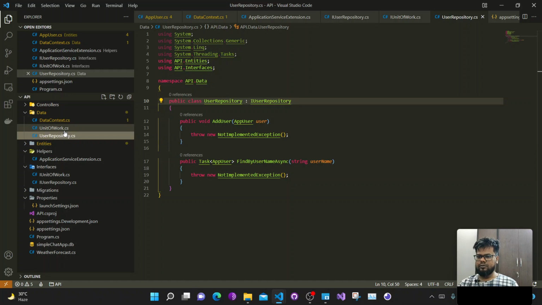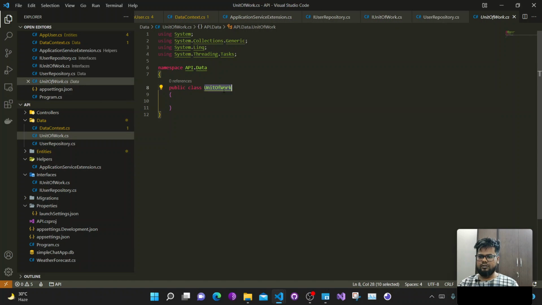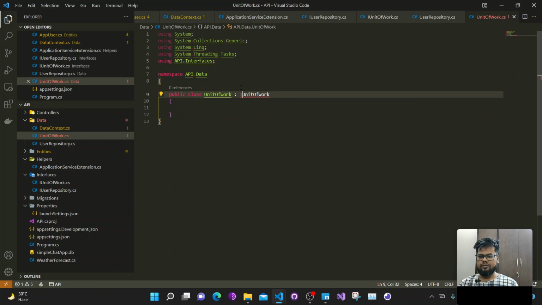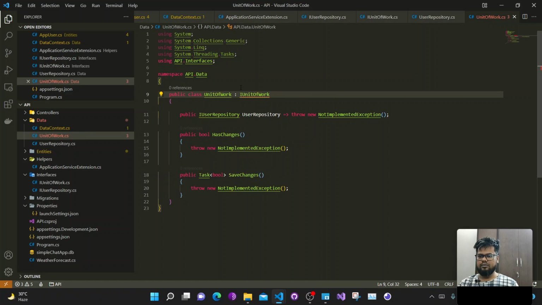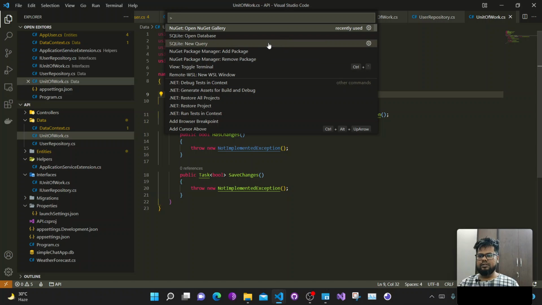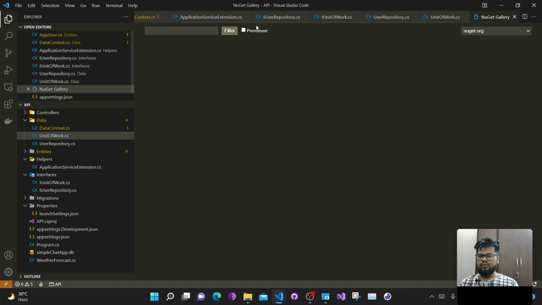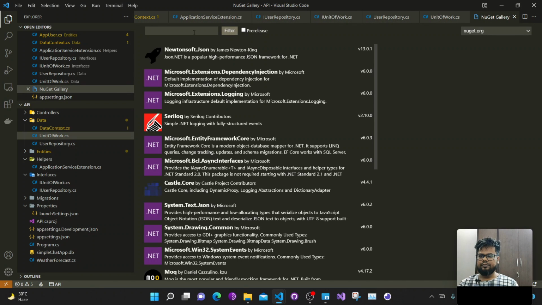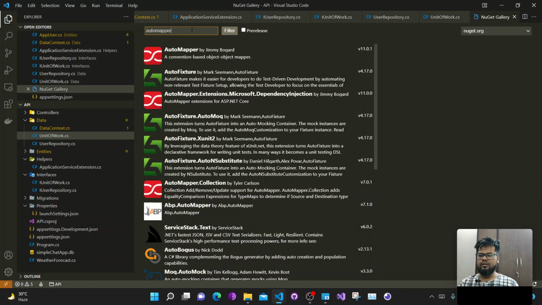now we'll do the same thing, copy and okay, before the implementation, let us add a few packages. Okay, let's say AutoMapper. Okay,